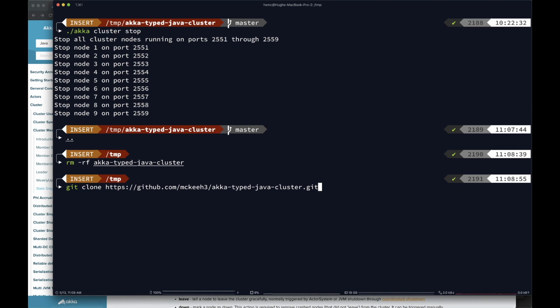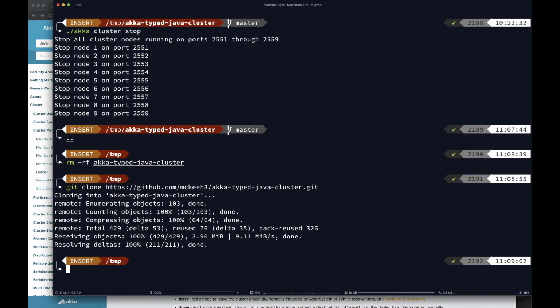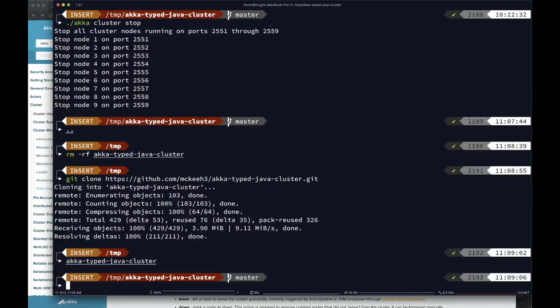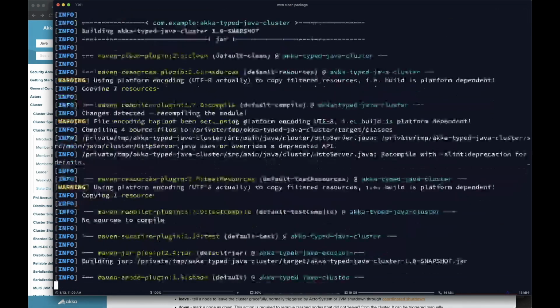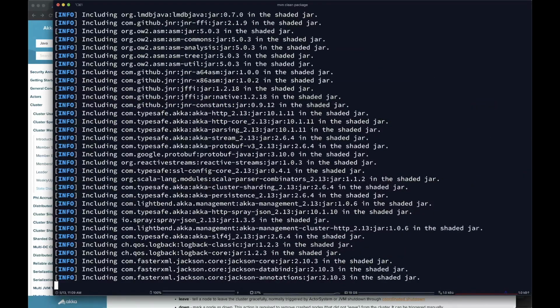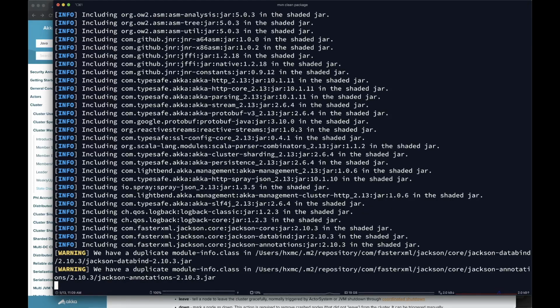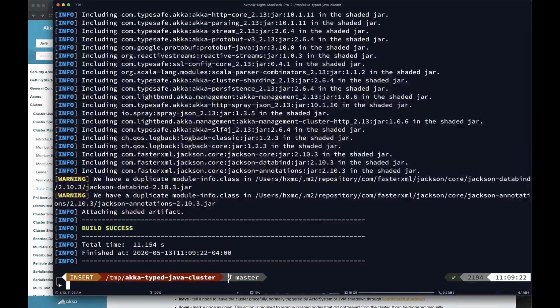So here's the git command as I was showing you earlier in the slides. I'm going to clone this project, then cd into that directory and do a Maven clean package. It's all set up to do a quick build of the project, pull in all the dependencies and everything. It only takes a moment, and we should have the built project. And once that's done,